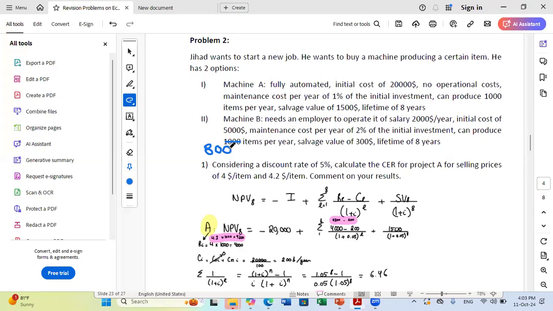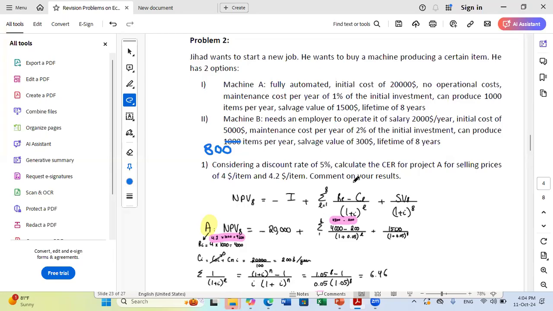Now, in the first question, they are considering a discount rate of 5%. Calculate the CER for project A for selling prices of $4 per item and $4.2 per item, and comment on your results. So first, here we have two options. So this problem will tell us how to make a decision based on